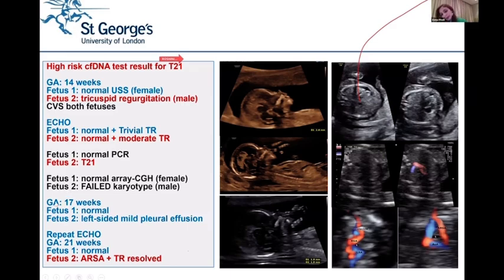So in the UK, we do have the option of delaying the selective termination, if the parents wish, to the 3rd trimester in order to reduce the risk of preterm birth to the healthy twin. And we heard earlier from Lisa about the results of selective termination. So anyway, we carry on with the pregnancy, and at 17 weeks you start maybe seeing very, very